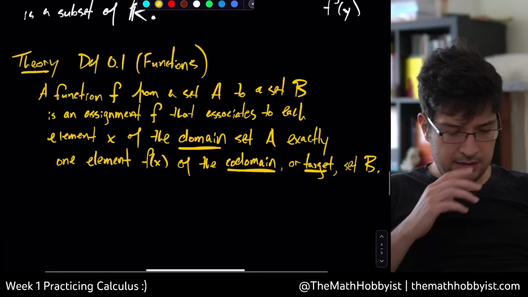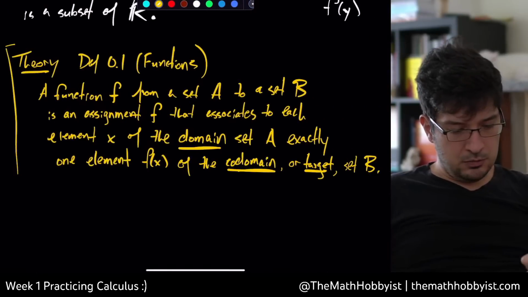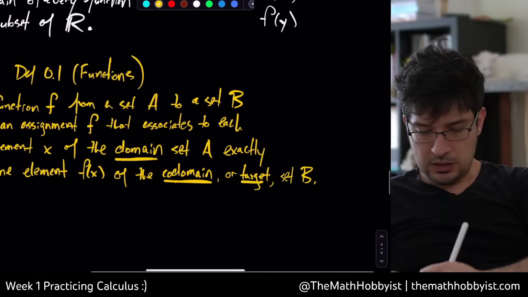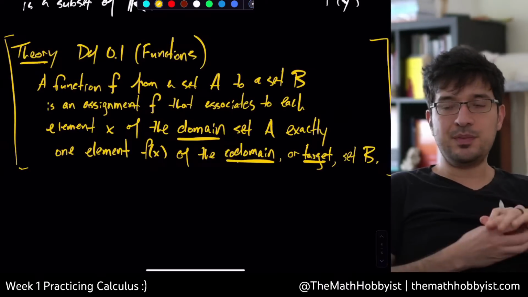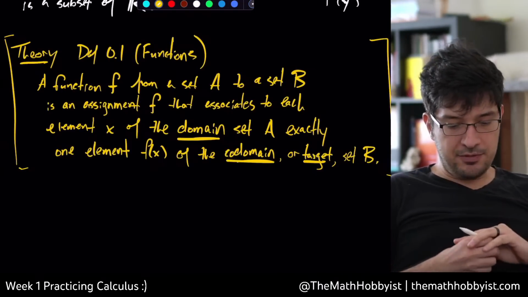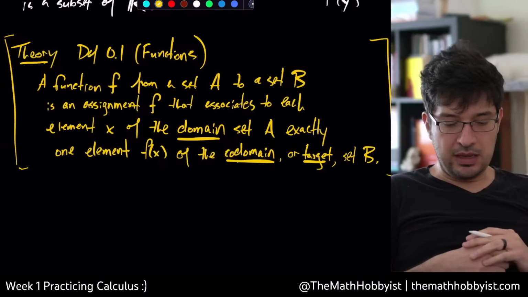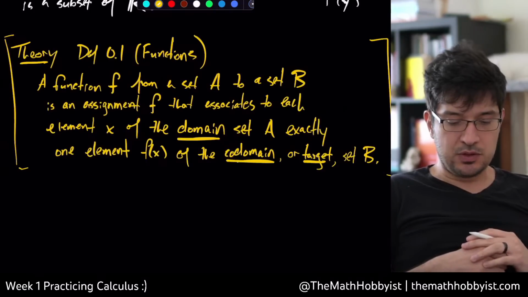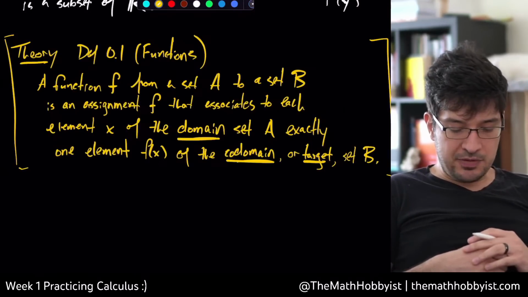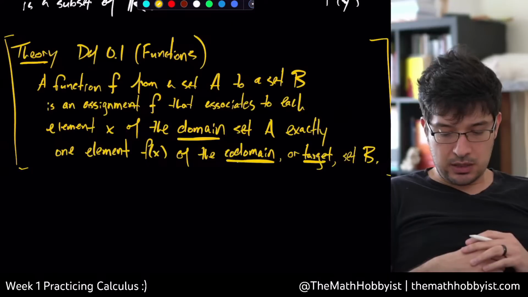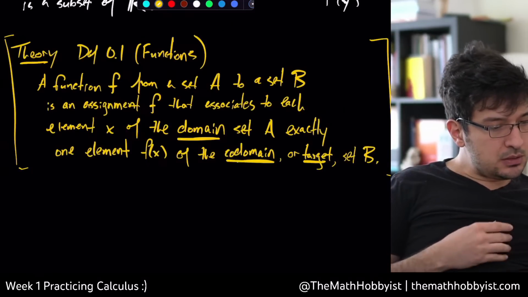Okay. I like this definition of a function. I think it's great. I think it's beautiful. I think that this is a beautiful book. A function f from a set A to a set B is an assignment f that associates to each element x of the domain set A exactly one element f of x of the codomain or target set B. Okay, there's an important